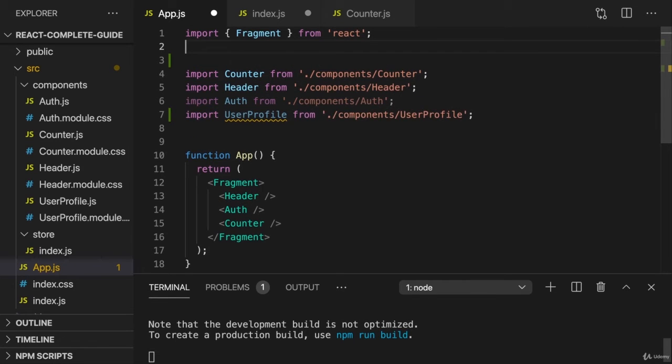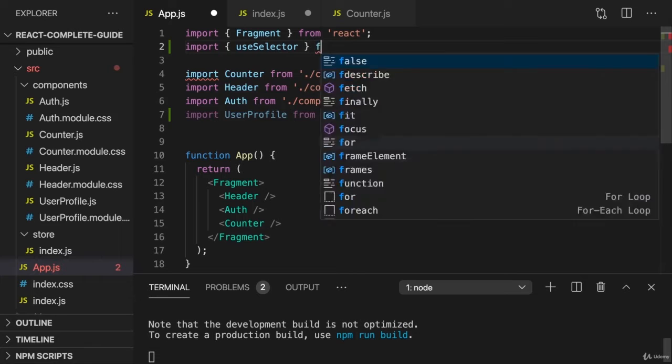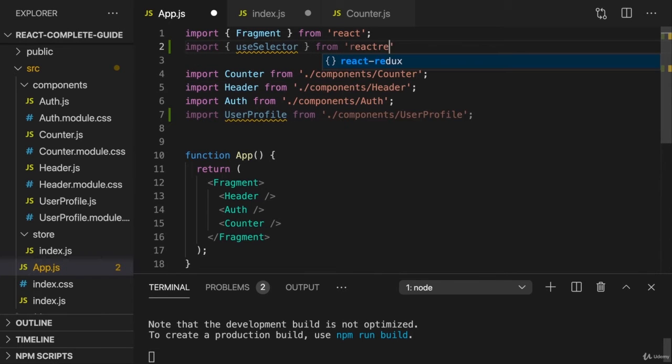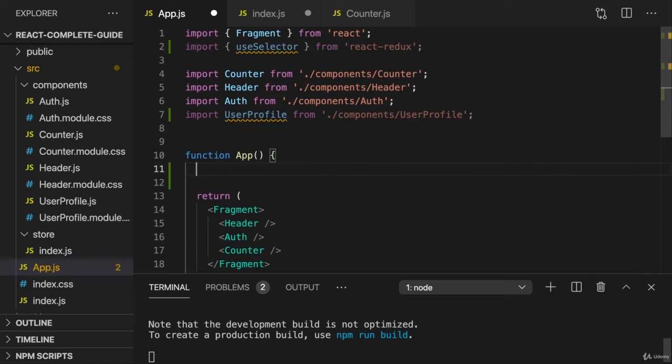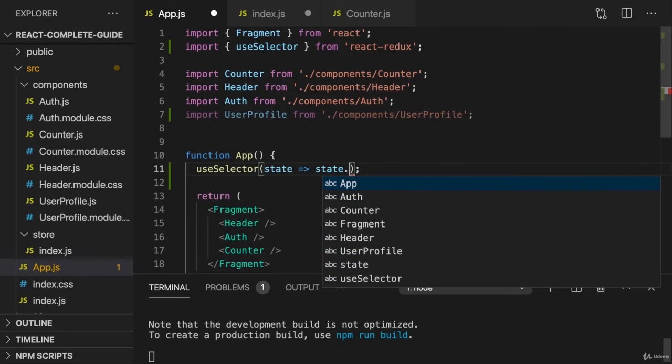And we do that with use selector. So I'll import use selector from React Redux. And in the app component function, we therefore call use selector, pass a function to it, a function which will always receive state as an argument. That's passed in by Redux, or by React Redux to be precise. And then here I want to return state.auth,